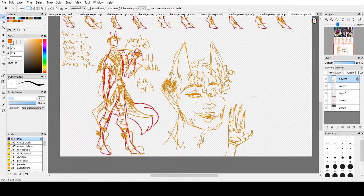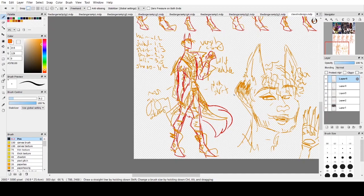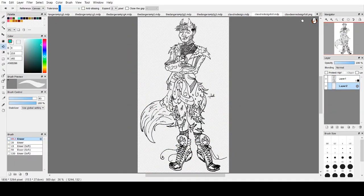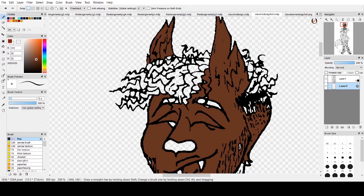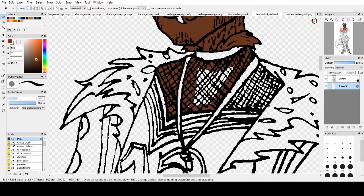And I didn't do any sort of color palette work on this one, because I just imagined it pretty much just black and white with a little bit of red on the plaid. So here I'm just beginning to color. I use the same skin tone as Clawdeen as my sort of base, and of course throughout the course of